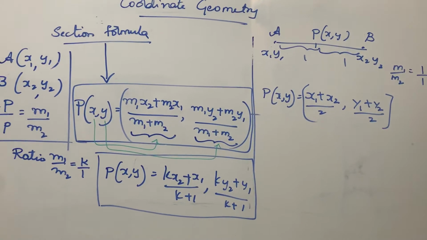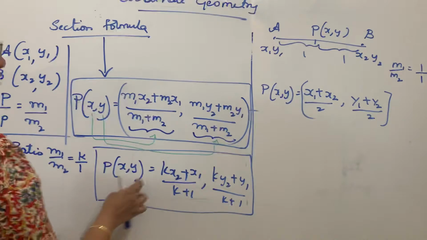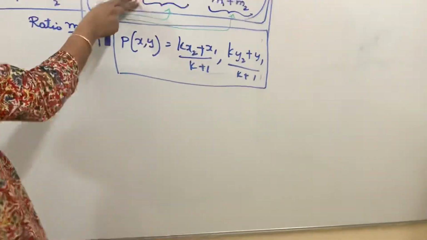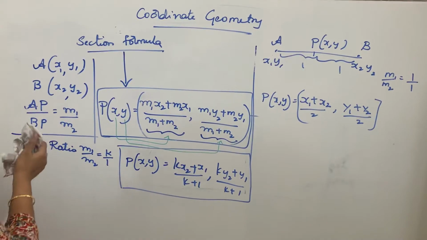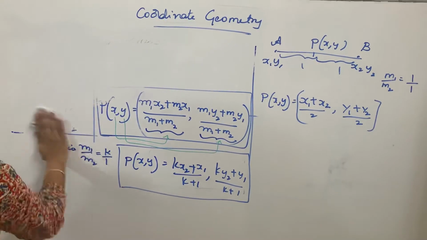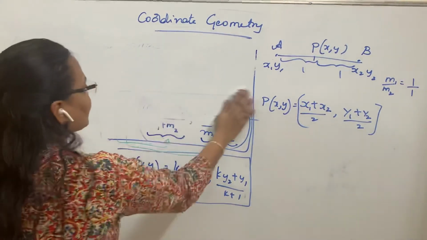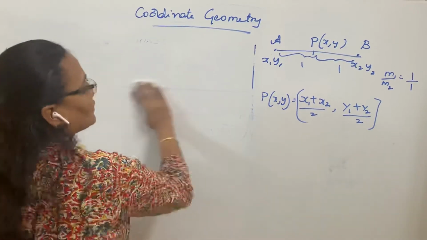Now I'm doing example 6. I'm repeating, these are the three formulas you have to remember. This is the major formula. These are all derived from this. Then we can start solving questions based on the section formula. I'm repeatedly telling you this chapter is continuing for 11th and 12th, so concentrate and learn properly.